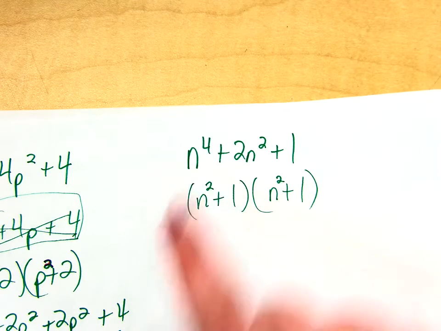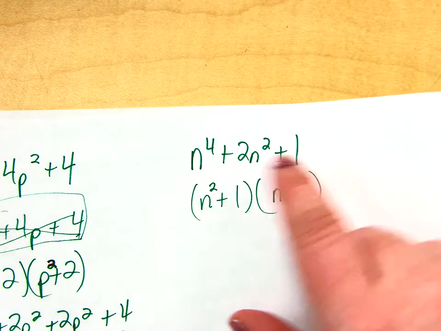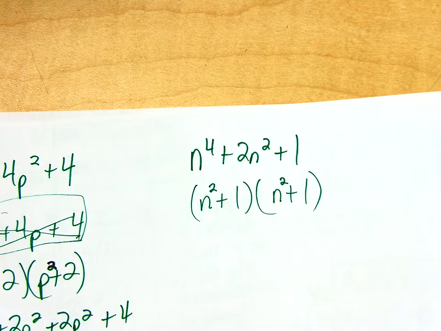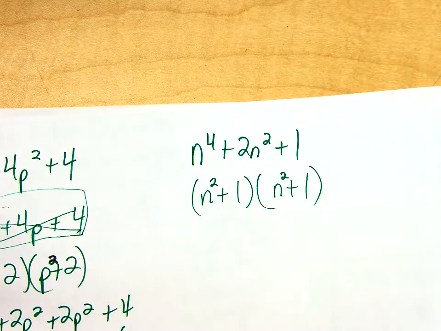Because remember, I have to get to n to the fourth. So anytime you see this pattern, it's the same idea. I just factor it like normal, but then I make my first term squared. So anytime you see like